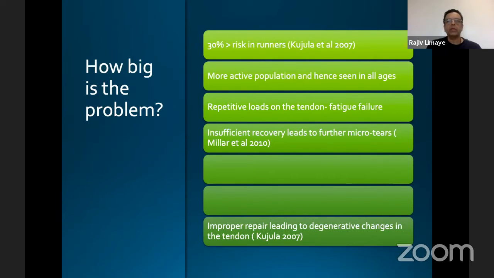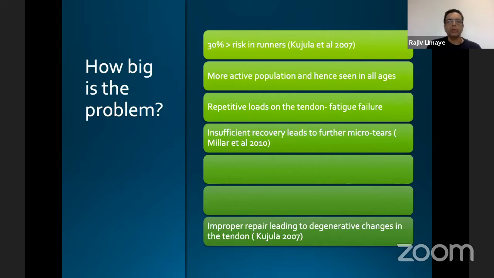Tendinopathy is seen in sports patients as well as non-sports patients. There's a 30% risk of any sort of tendinopathy in runners. However, we have seen with the active population lately, we can see this condition at any age now. Repetitive loads lead to fatigue failure, and hence it leads to micro tears and degenerative thickening of the tendon with improper healing. This is a theory proposed by Kujala in 2007,